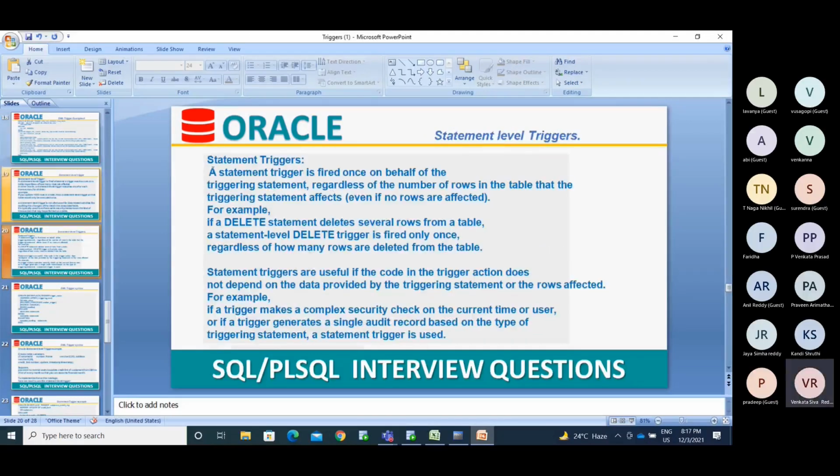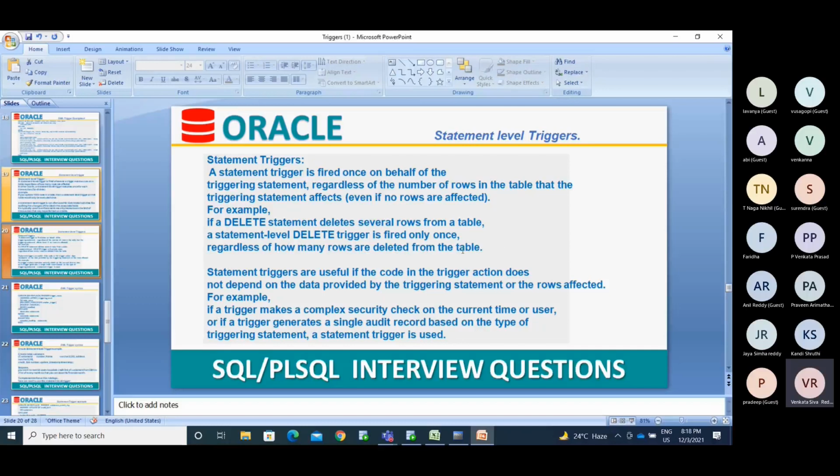Here a statement level trigger is fired once on behalf of the triggering statement, regardless of the number of rows in the table. The trigger statement fires even if no rows are affected. For example, if a delete statement deletes several rows from the table, a statement level delete trigger is fired only once, regardless of how many rows are deleted.